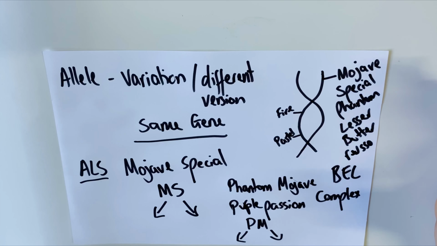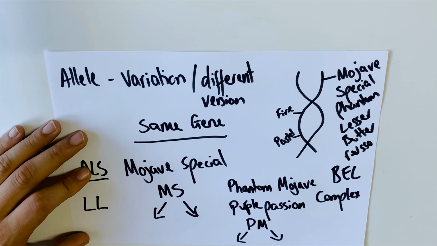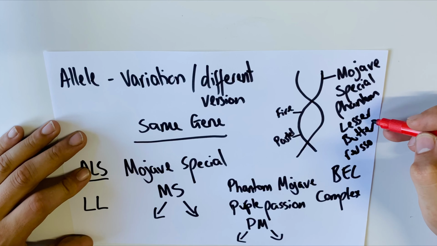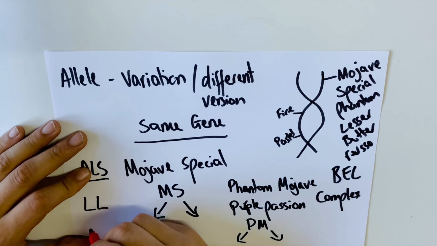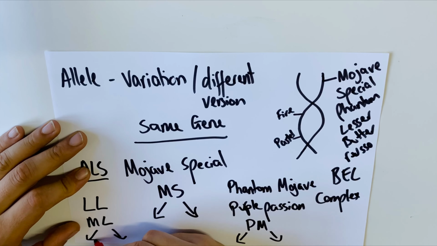They're all still allelic, or acts like super. So a super lesser would have the genotype LL. All of its hatchlings would be lesser. But if you had a lesser Mojave, so ML, half would be lesser, half would be Mojave, but there would